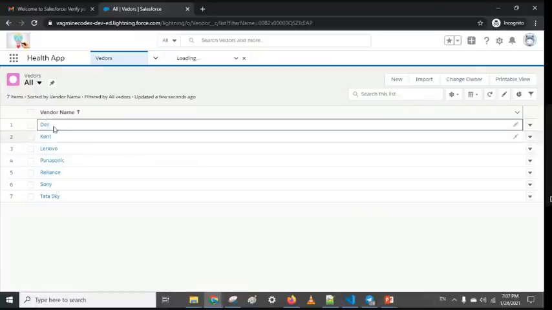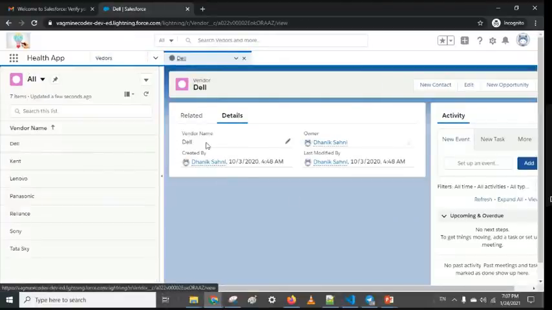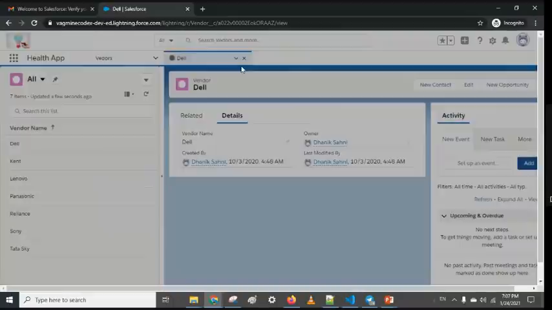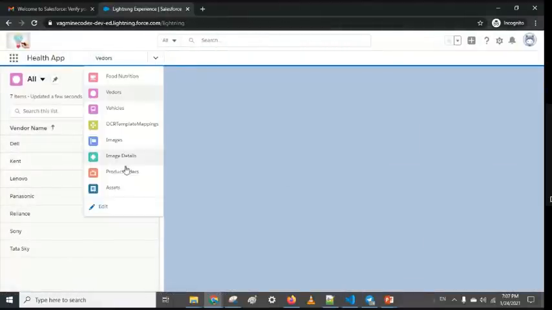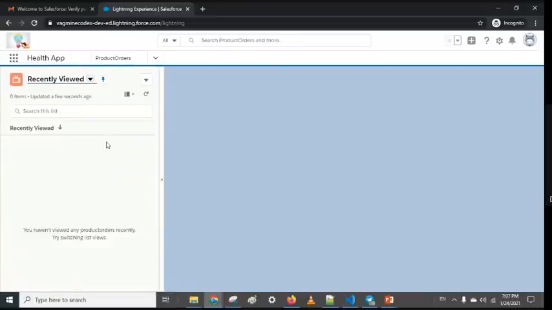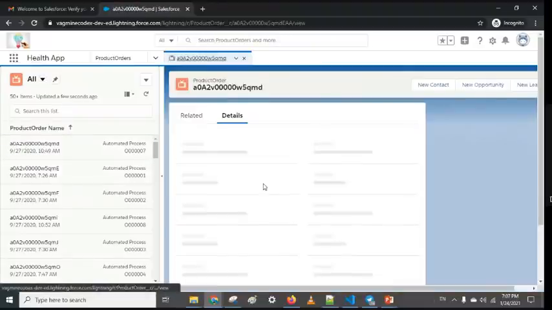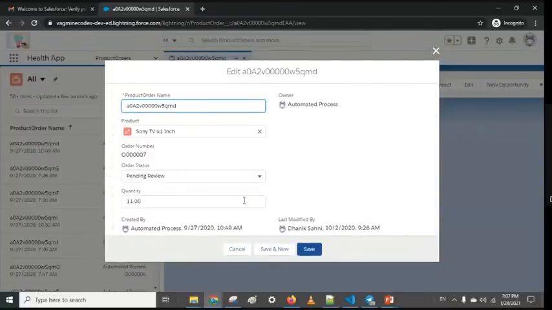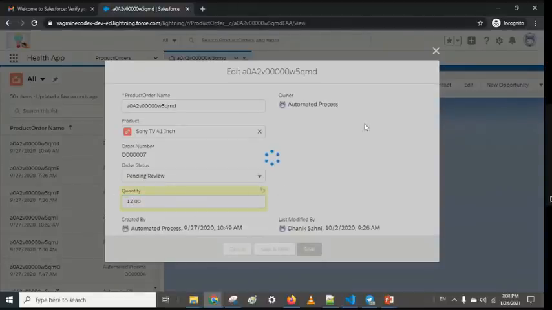Now, if you go into any of the objects, you can see a lot of fields available. Right now we have only the detail and the vendor name. So if we change, we can edit, but in edit we have only one field. Let's use some other object where we have multiple fields. Okay, so you can see we have multiple records, and every field we can change. Let's make this field read only for this particular user group.